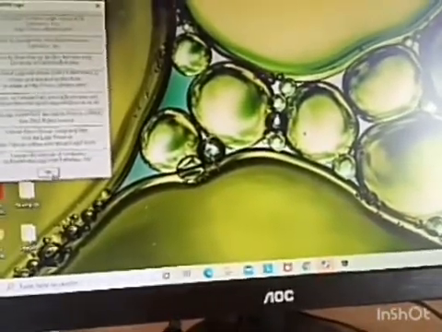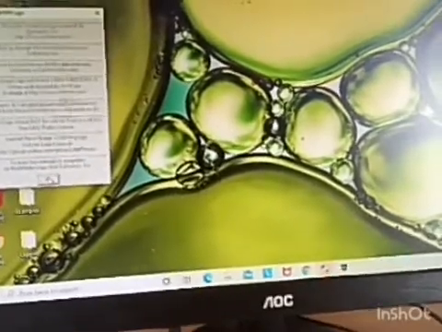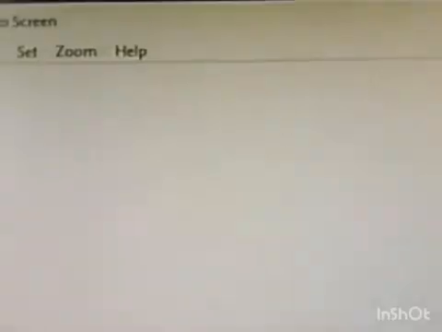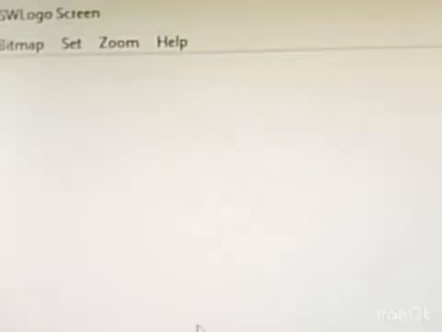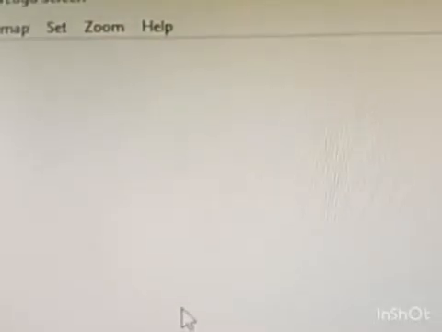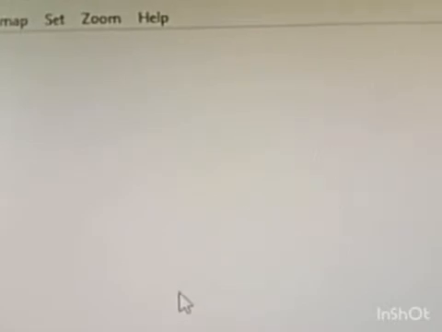You will get some about MSW logo, so do OK. As you can see, the window here that appears is of MSW logo. This is the MSW logo screen. You can see that in this we have options like file, bitmap, set, zoom, help, and for executing the command